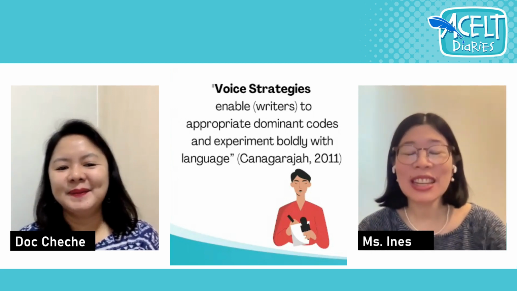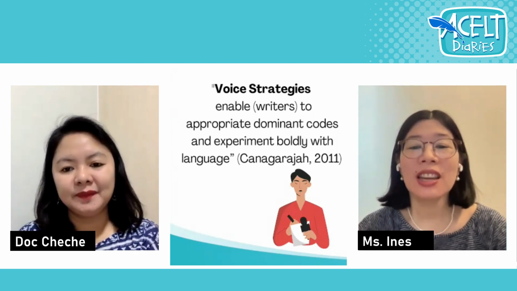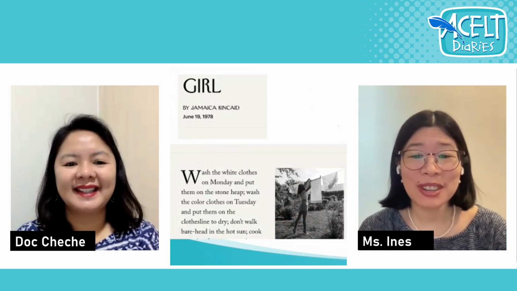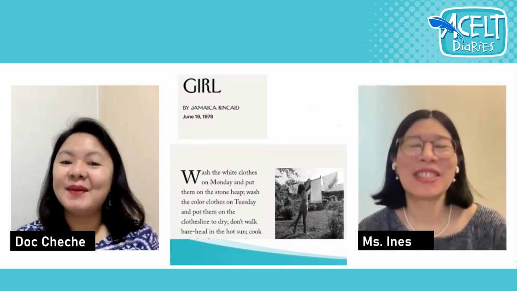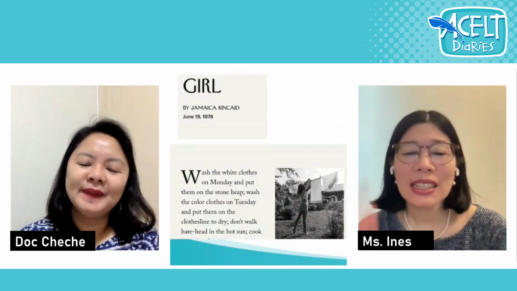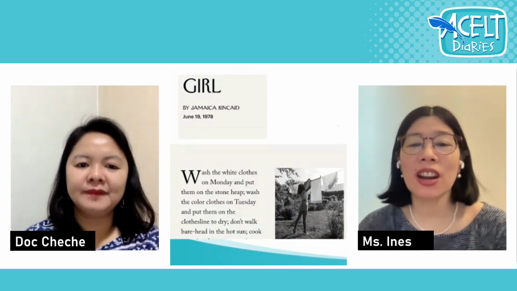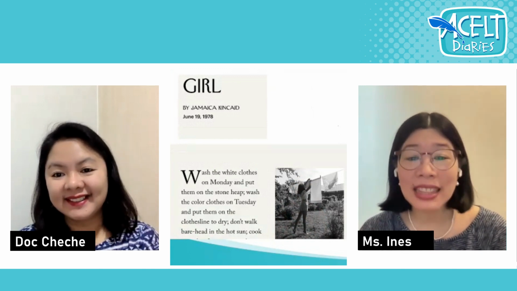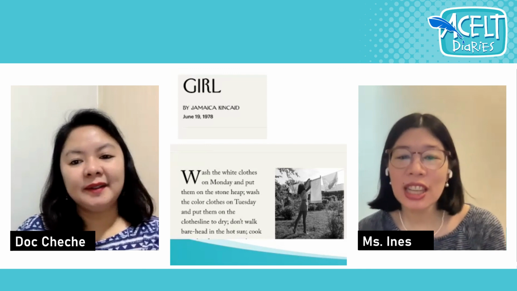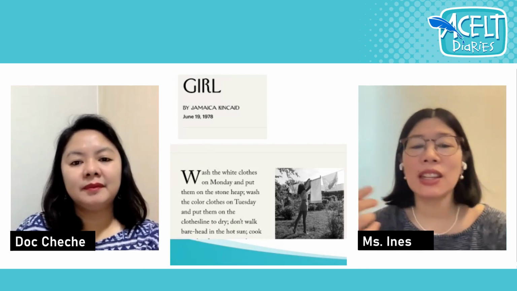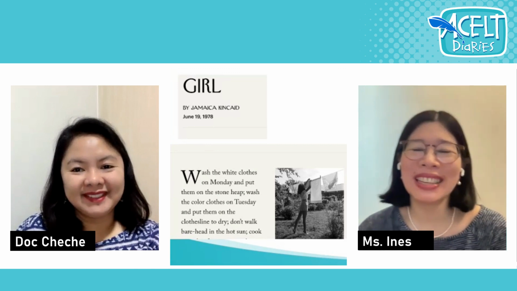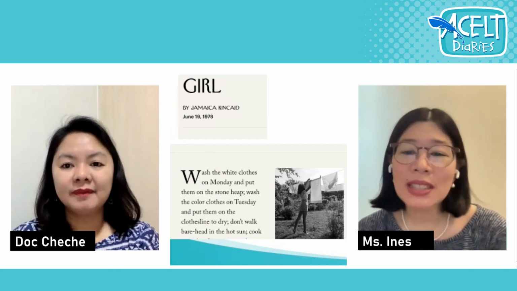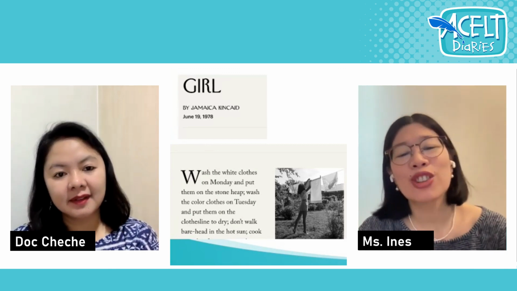Yes, Doc Cheche. One example to show how that works is Girl by Jamaica Kincaid. You're familiar with it, I'm sure. That's right, ginagamit natin yan sa mga workshops natin, di ba? Yes. So Kincaid is a Caribbean American writer and a professor at Harvard University. Ang galing niyang mag-incorporate ng kanyang multicultural background sa mga writings niya. For example, in Girl, we see non-English words like Bena and Dukona. I'm not sure kung is that how you pronounce it. This doesn't mean na mali ang grammar ng piece. In fact, mas maganda pa ang kwento kasi mas feel natin ang culture and setting.